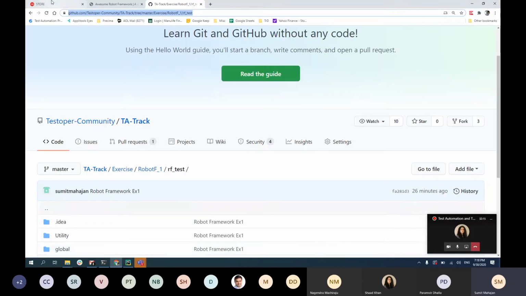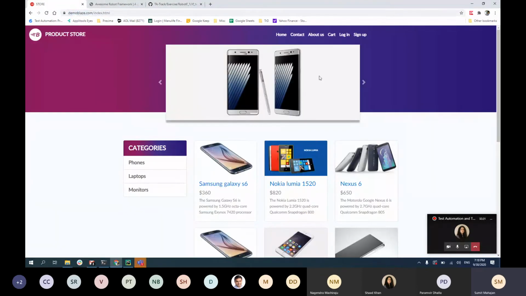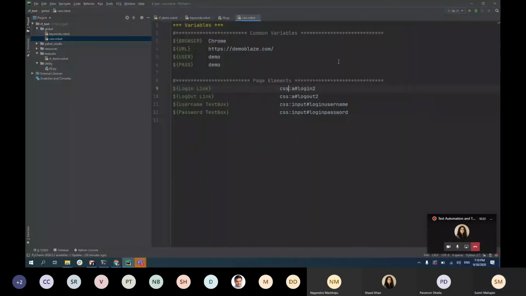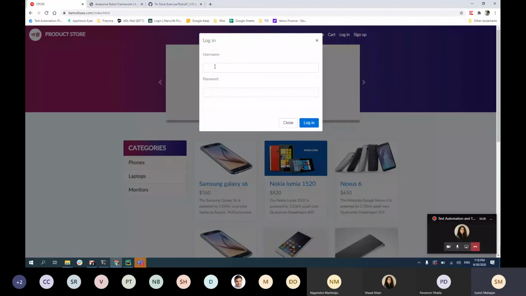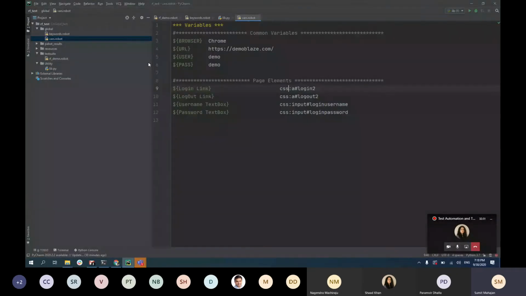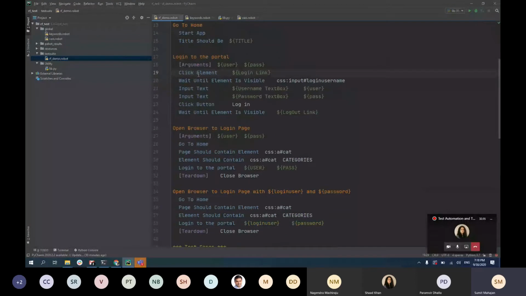If I go to the application, which is demoblaze.com, and look here, I'm talking about this login link. If I click here, I get a username and a password. So when I go to the test, when I'm logging in, I'm clicking on this link